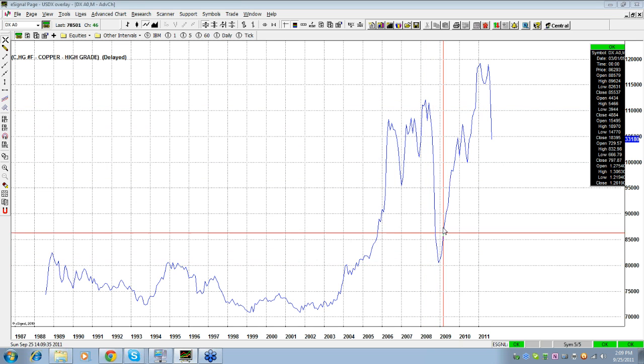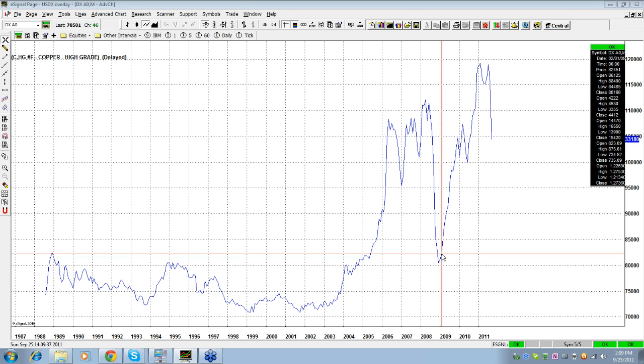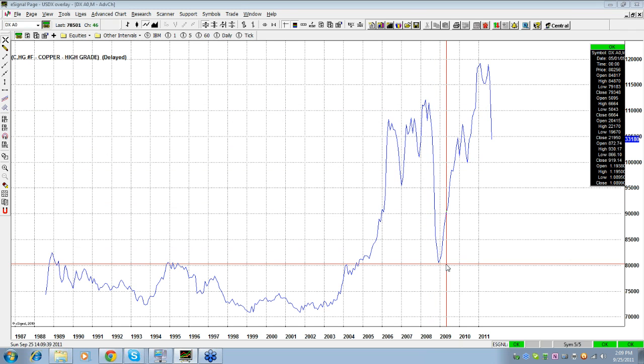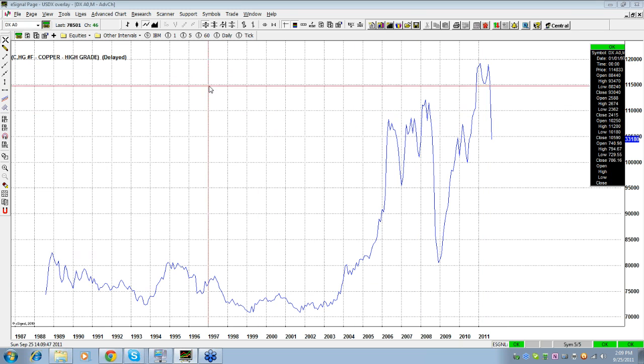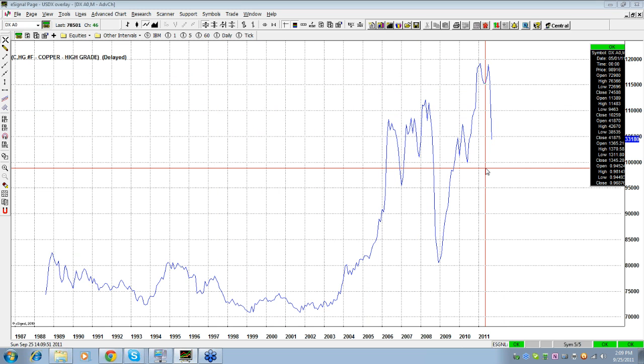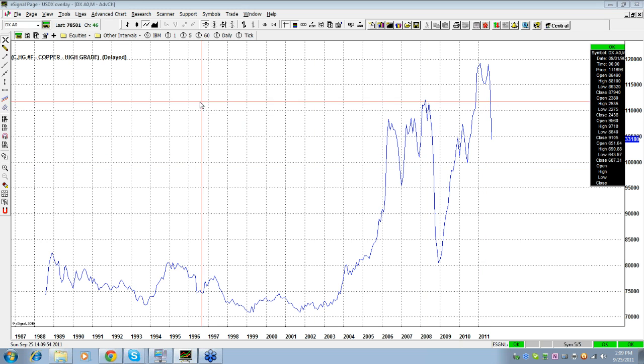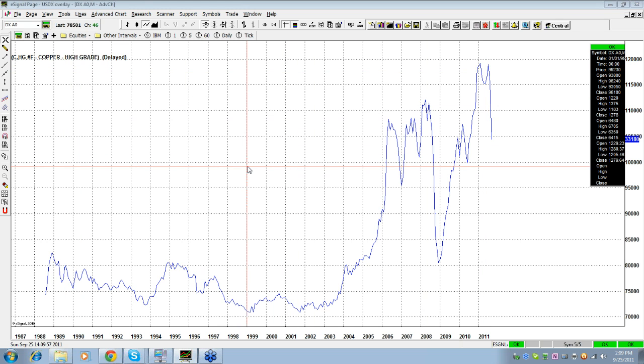You guys see it? Look, it was on a straight line in 2008. You know what happened with the market. So Copper is telling me... Copper is called, in the investment world, Dr. Copper, because many people believe that how Copper does is how the global economy is going to do.